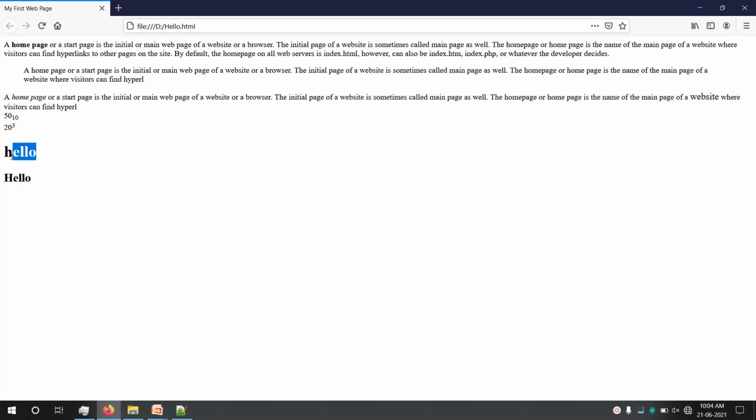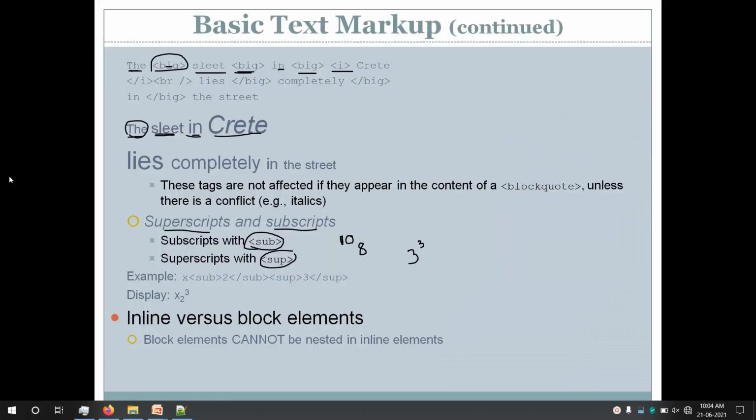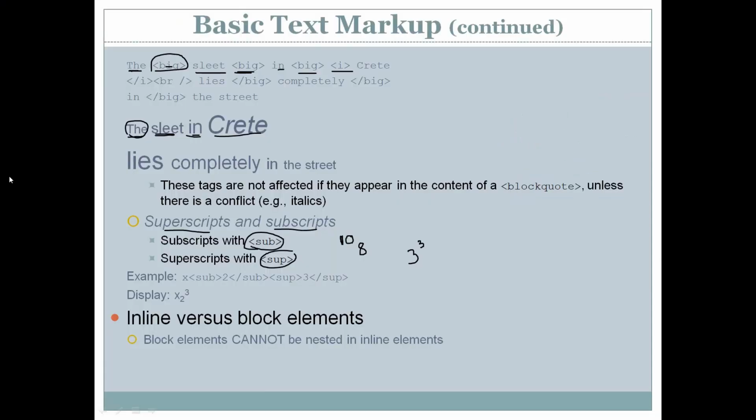So first hello on one line, second hello on another line. So output always appears on a new line in case of block elements. In case of inline elements, it appears on the same line. Okay, this is about inline and block elements.